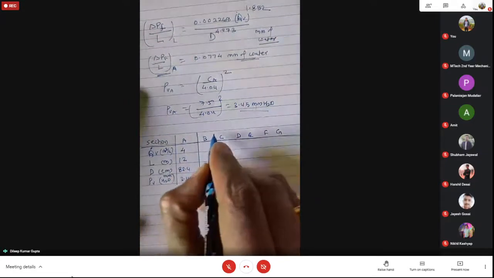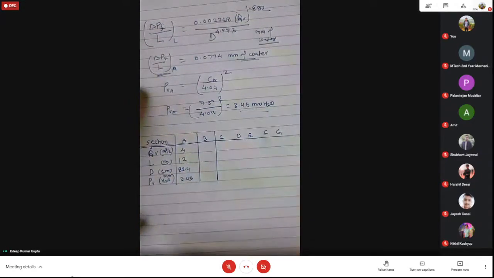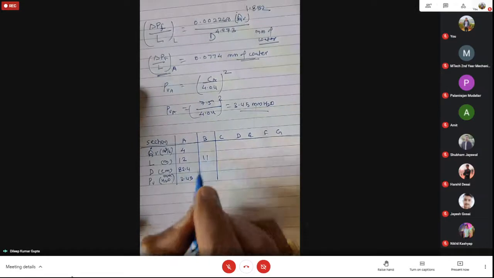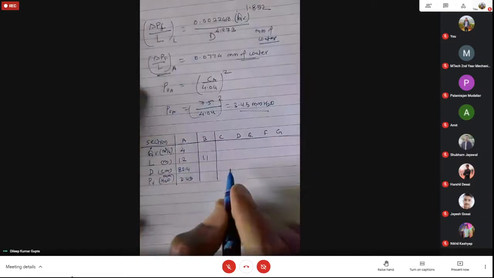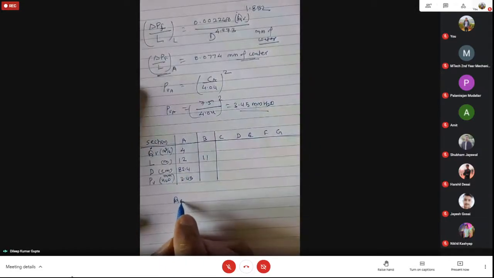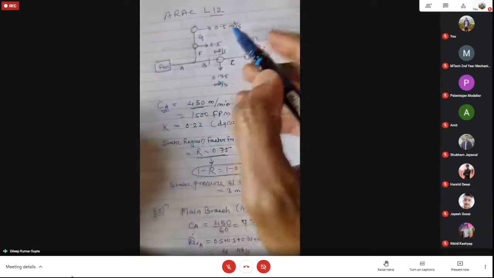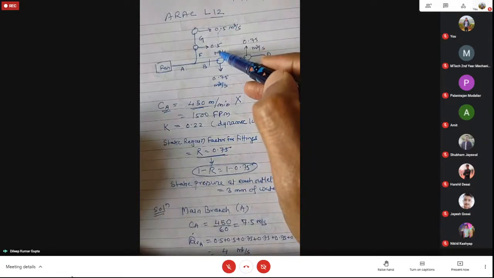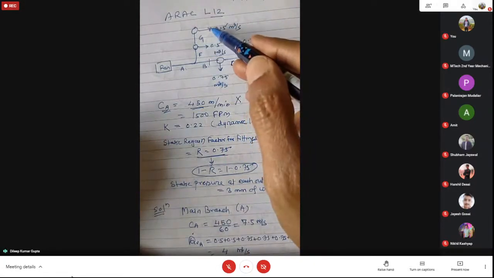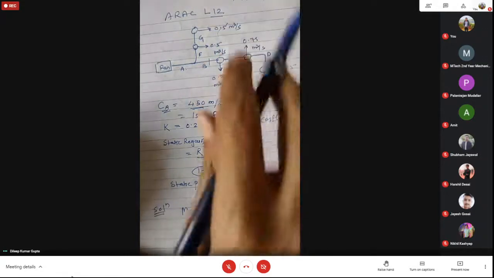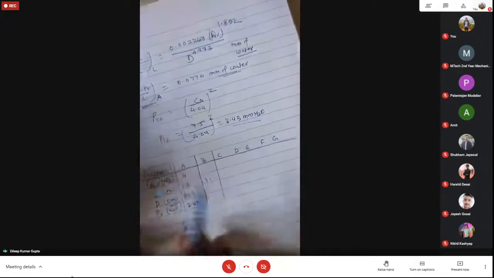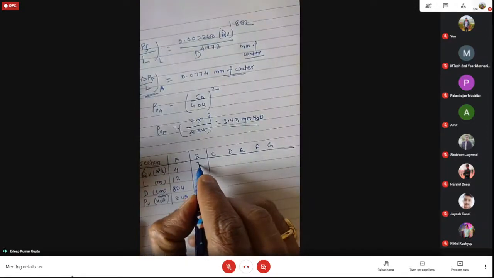Now with reference to this value, let us find out for B section. For B section, the length is given as 11 meter, right? And what about QB here? The volume flow rate, how much will that be? That will be calculated from here. For B section, this is passing. So earlier it was 4. Out of 4, 0.5 and 0.5 has been diverted, so A diverted in this section. So the rest is 3. So the total volume flow rate at this condition will be 3 here. So this is also known.